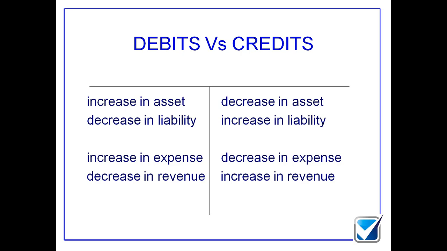An increase in assets, that's also good news. So you debit cash to show the increase in the assets, you credit sales to show the increase in profit. Does that make sense? There's my duality, that's my balancing act. Every single transaction can be shown in one of these 4 lines. Okay, we happy with that, guys?